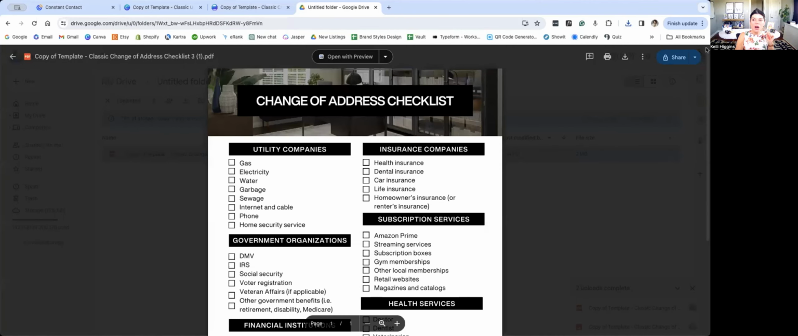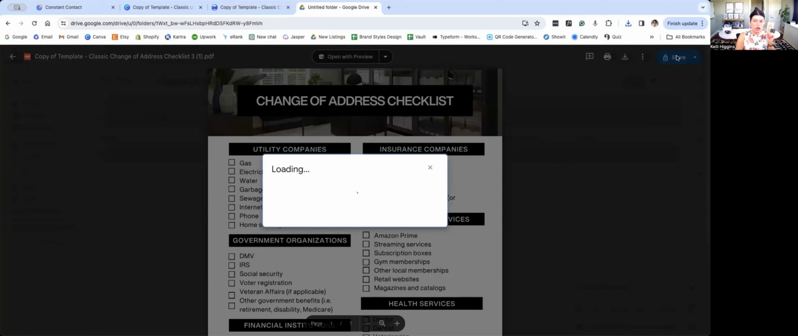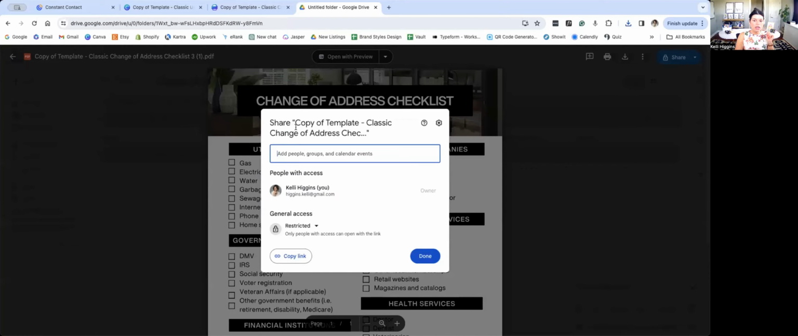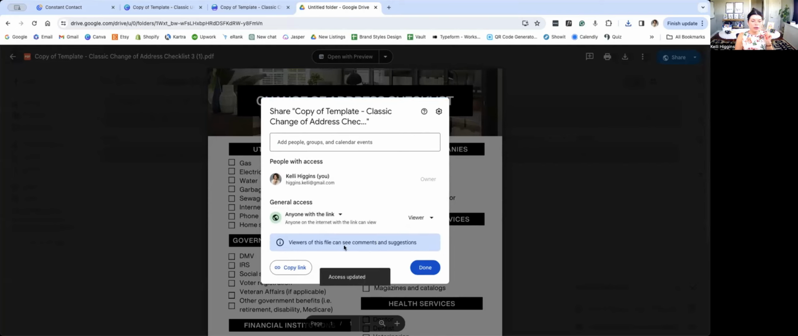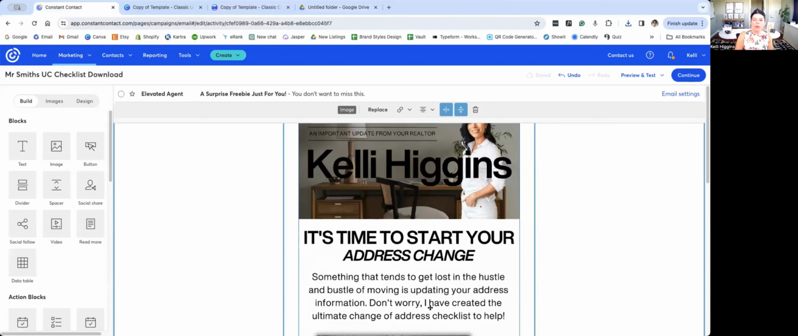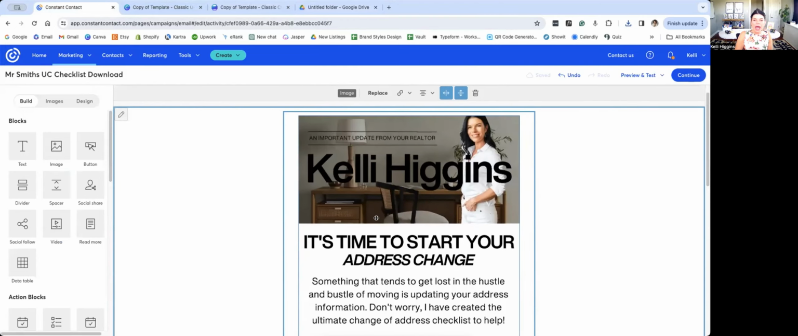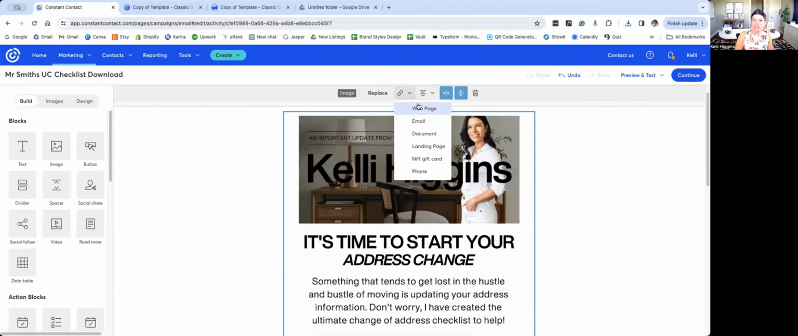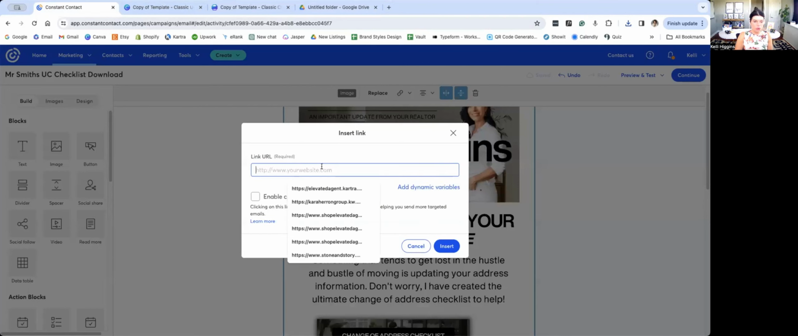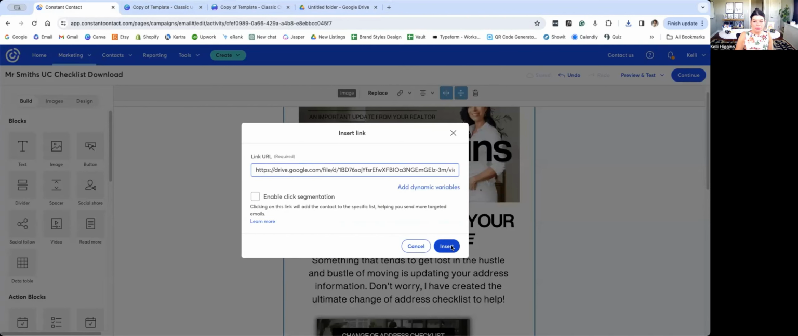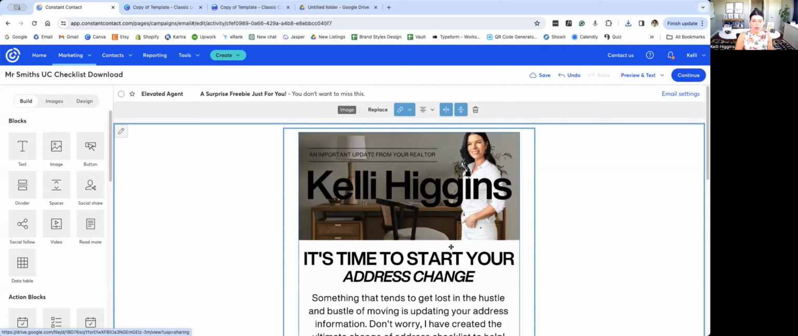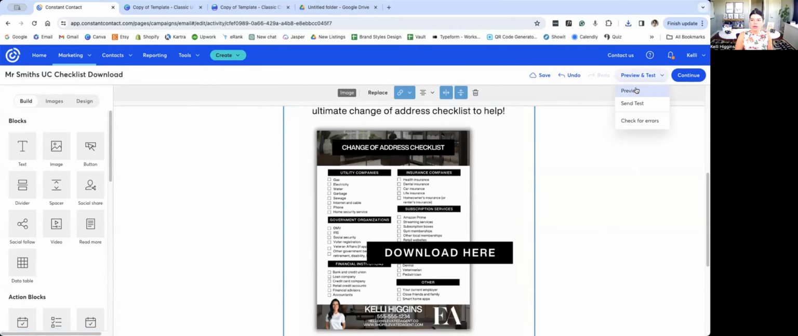Perfect, right? So now we are going to go to share, and then we're going to change this to anyone with the link can view it. That's perfect. This will still allow them to be able to download. So now we're going to copy the link. We're going to go back to our email, and now we're going to link this email as if it were a web page. So we're going to select web page. We're going to just paste that link we got from Google right there. Okay, and so now when we go to preview,